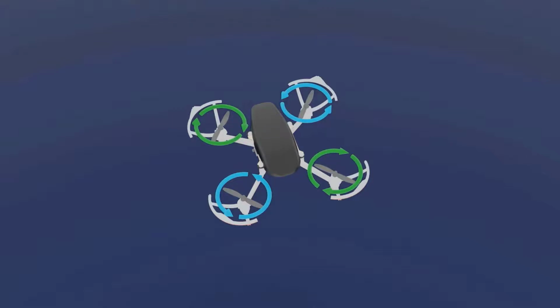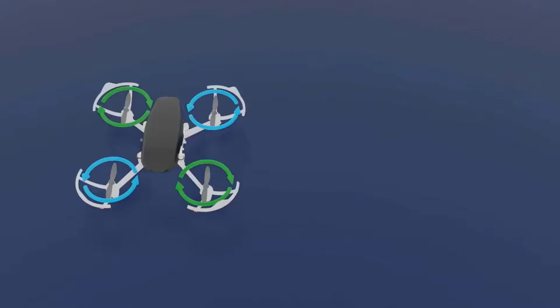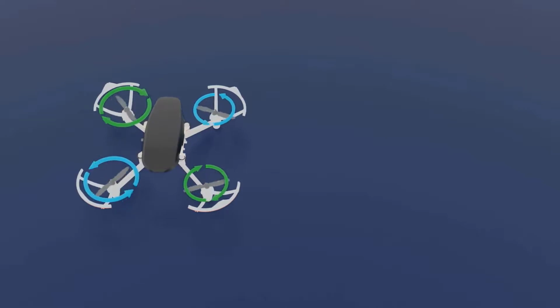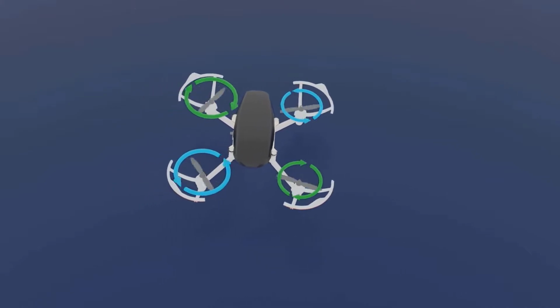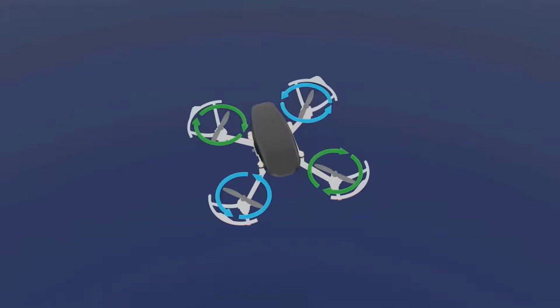So what happens here is, once they are at 100 RPM, just as a value, the drone starts hovering, and let's say I increase this to 300 RPM. So once I increase this to 300 RPM, the drone starts rotating like this, or rolling towards the right, and it also starts moving.